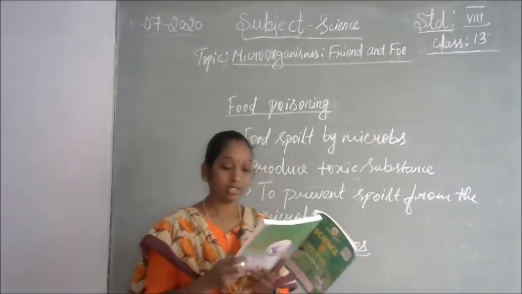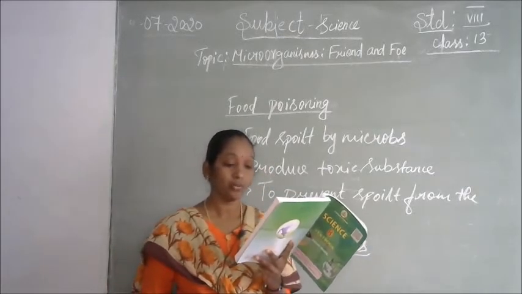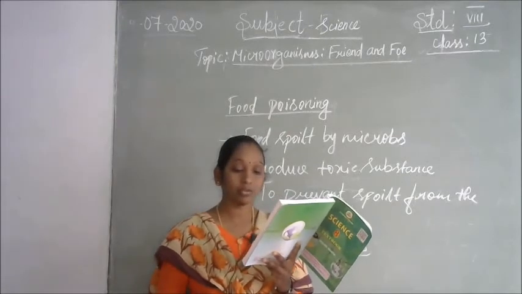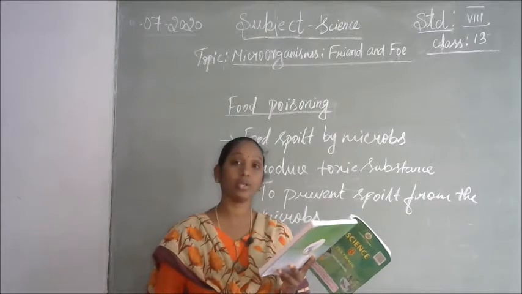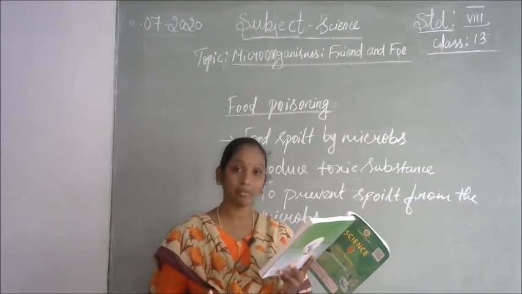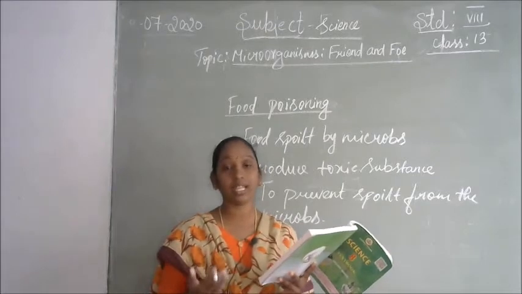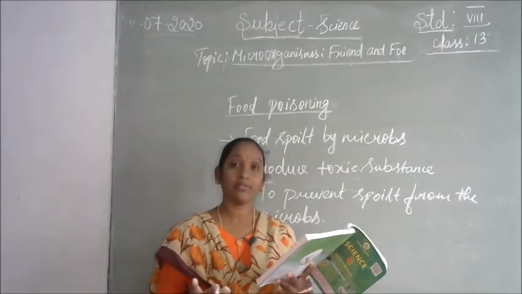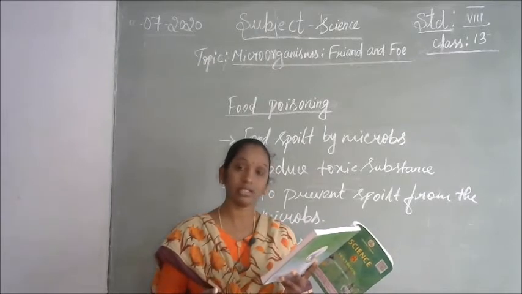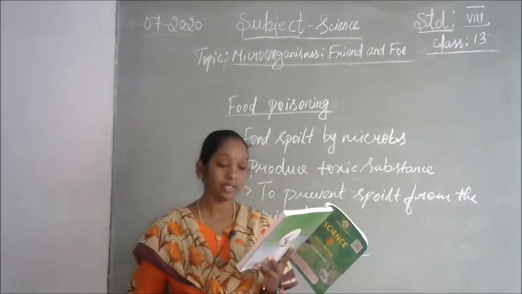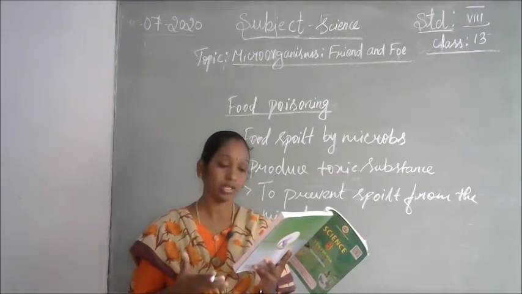Food preservatives. In chapter 1, we learned about the methods used to preserve and store food grains. How do we preserve the cooked food at home? In the first lesson, we discussed how to store food grains. We have to dry them in the sunlight, pack them carefully and tightly, and keep them in a safe place. That is the main thing to save food grains. Like that, even cooked food at home we have to preserve in closed containers.